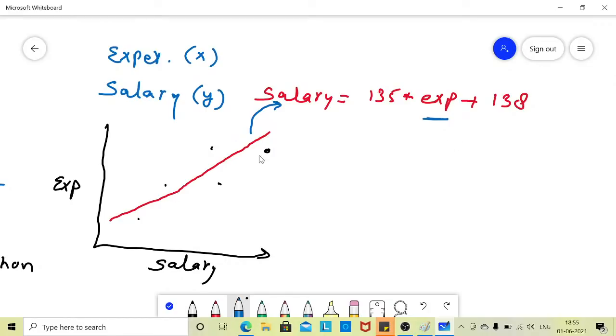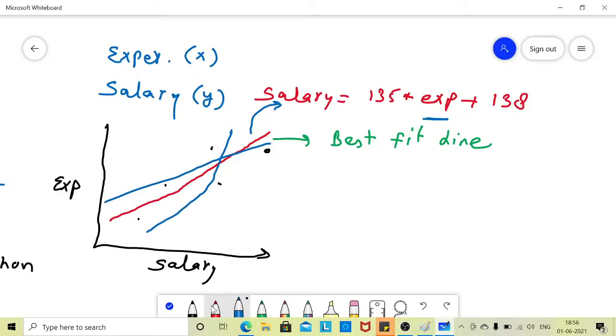So how can you get this line? This line is the best fit line. How can you get the best fit line? There can be many lines, like I can draw some line like this, I can draw some line like this. There can be different lines. So which line is the optimized line? How can we get the best line? For this, what we are doing, basically,